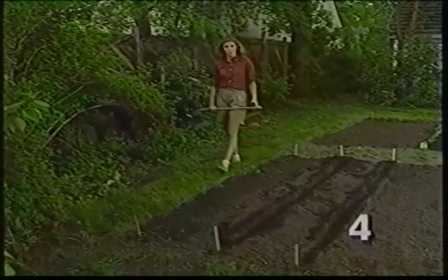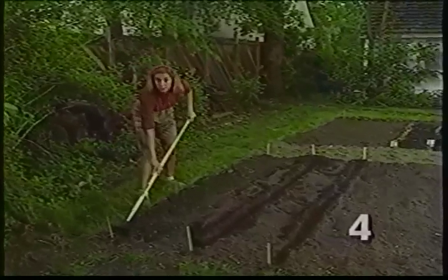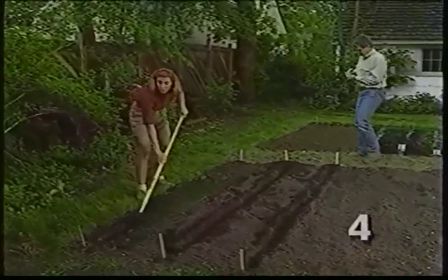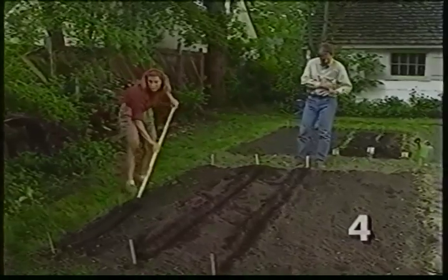We're going to start our warm season vegetable planting in this bed, which has been designated for sweet corn. We're growing these from seeds in furrows about 2 inches deep, and we plant 3 seeds at a time and space them 20 inches apart. Now, there are a lot of varieties available, but we're aiming for quick growth since we don't have an especially